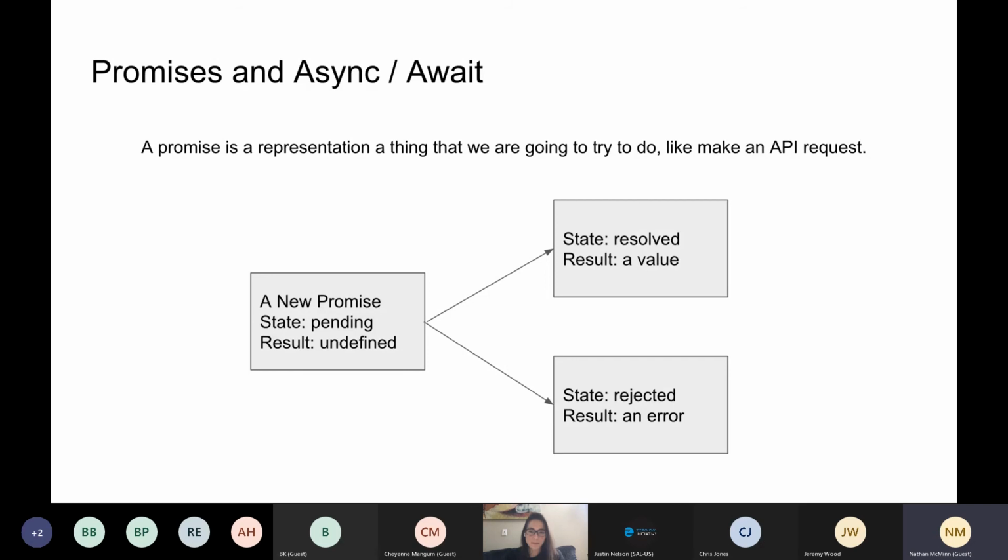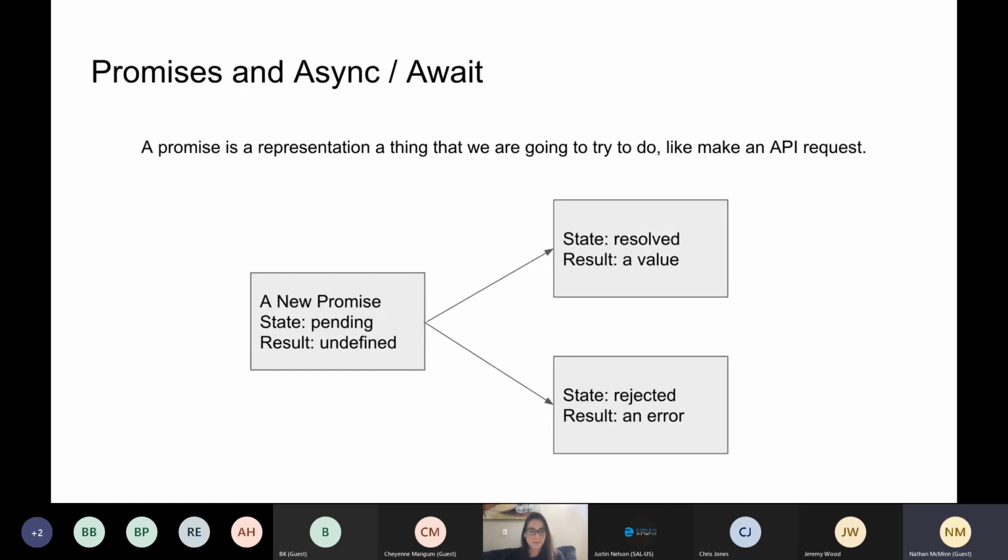One of the first places that you've probably seen this, if you've ever taken a React course or other kind of class where you've used the fetch API, right? So you're going to fetch a URL. That is working with promises. So when we first tell fetch to go get me whatever is at this URL, to make an API request for me,